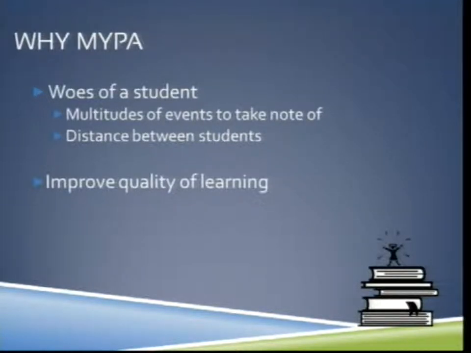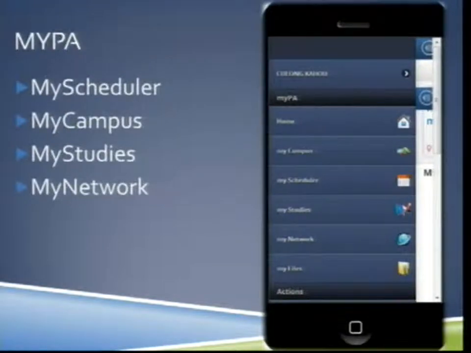We also noticed that because of the minimal interactions in lectures and tutorials, classmates and schoolmates don't really interact with themselves that much. For myself, I usually hung around my own clique only, and we wanted to bridge this distance between students. Of course, when students help each other, we could create an archive of information that would not only benefit the present generation, but also the future generation of students. So, our application focuses on 4 main features: my scheduler, my campus, my studies, and my network.